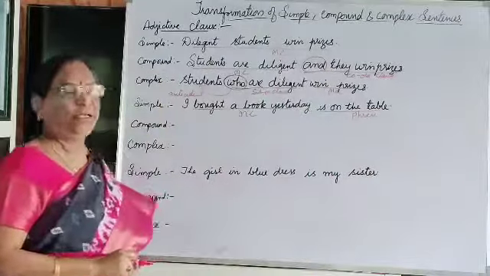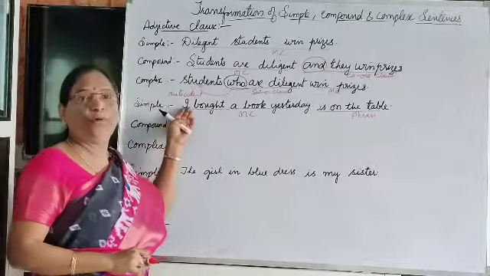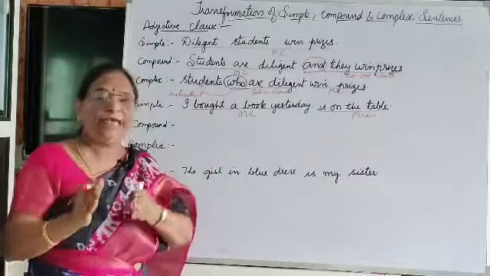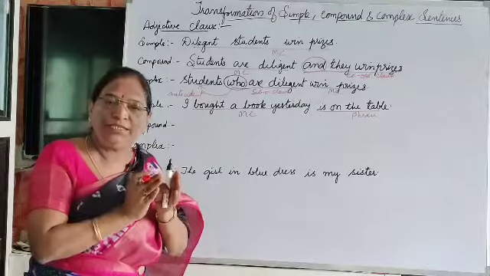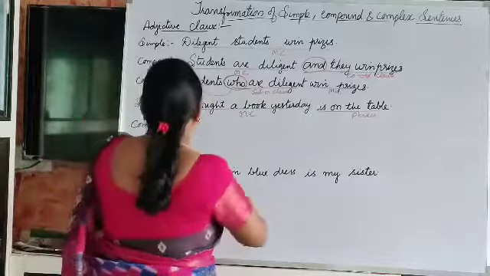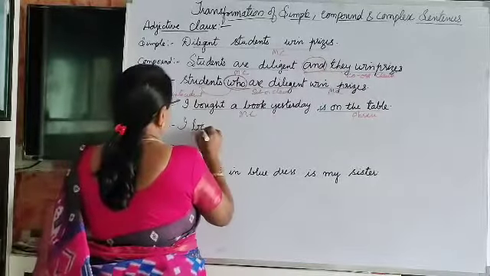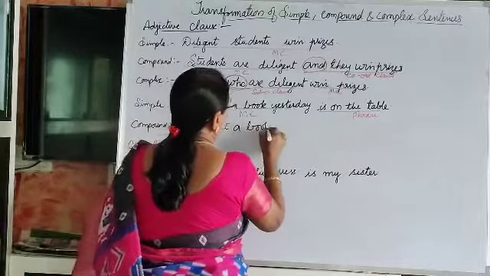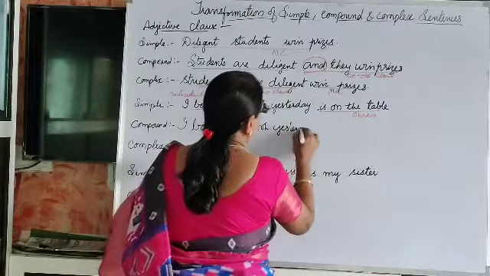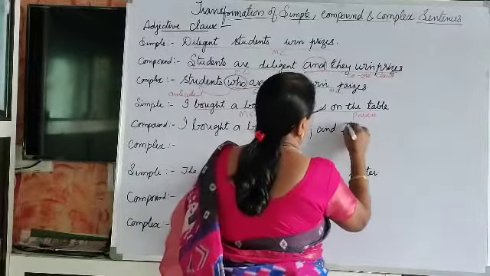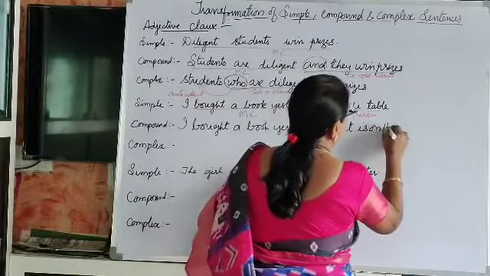Okay, this is phrase. Now change it into compound sentence. In compound we have two independent sentences and we join those two sentences with the help of coordinate conjunction. Now, I bought a book yesterday and it is on the